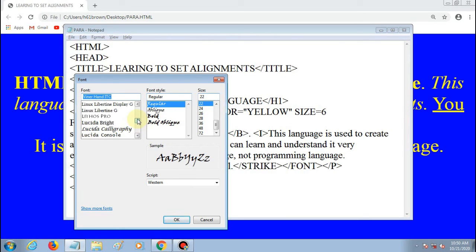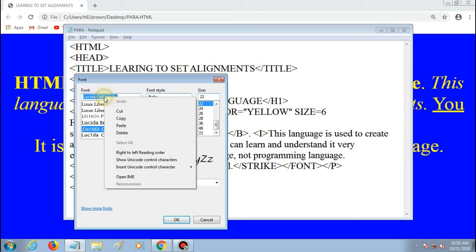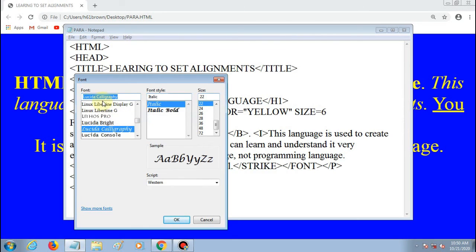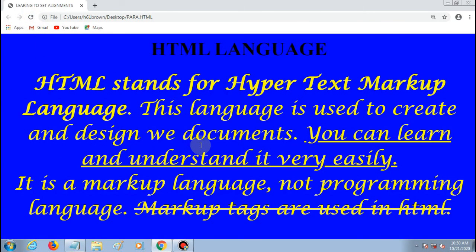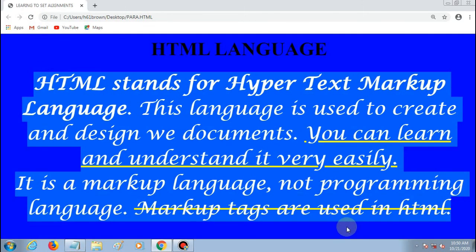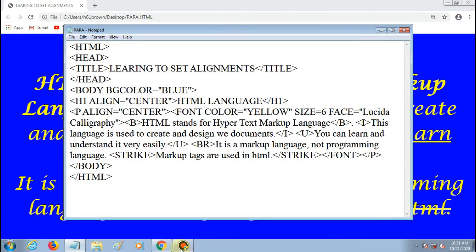Here are so many fonts available, any one you can use. So this one if I want to use, then I will select it and right click and copy. Don't copy from here, copy from here, then cancel it, and here you just paste it, right click and paste, then close inverted commas and then save it and reload. See, the text is changed, the face of the text is changed.